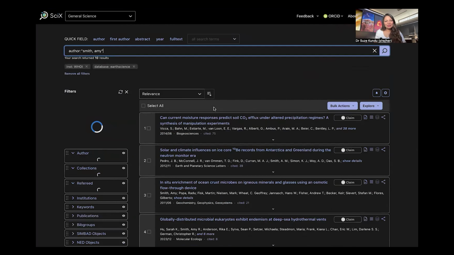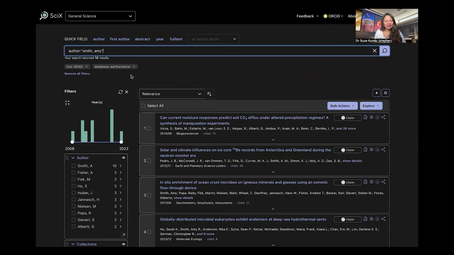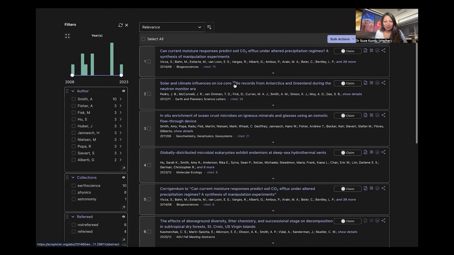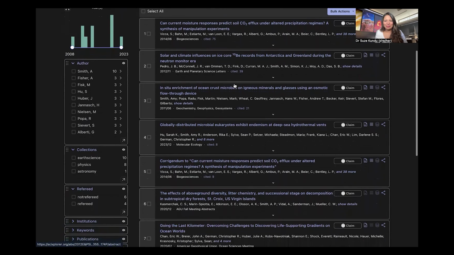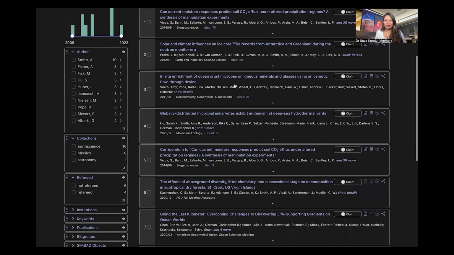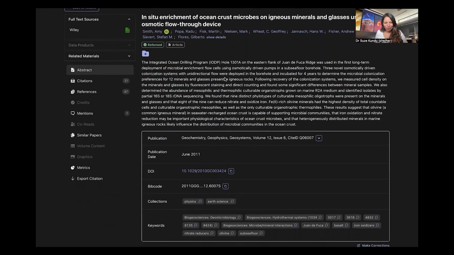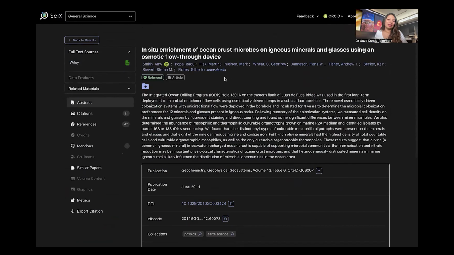So if I limit my search to earth science, published at WHOI, I am pretty sure that these are papers by the Amy that I am looking for. Now, I know that this is definitely one of Amy's papers because she looks a lot at microbes within the ocean crust and the minerals within it. And if I click on this, I can be absolutely sure that this is definitely one of the papers that